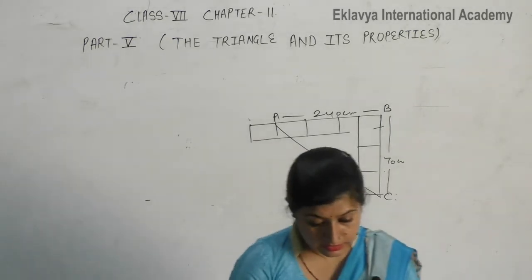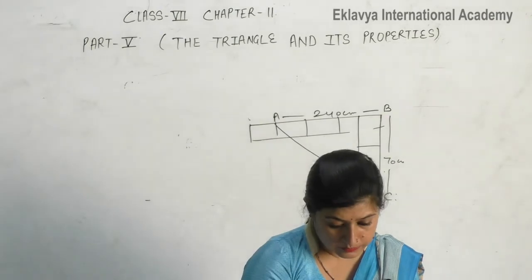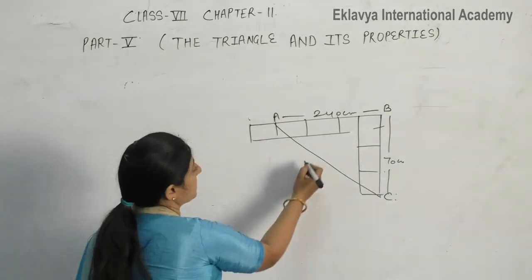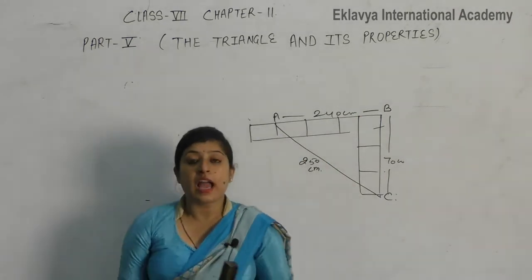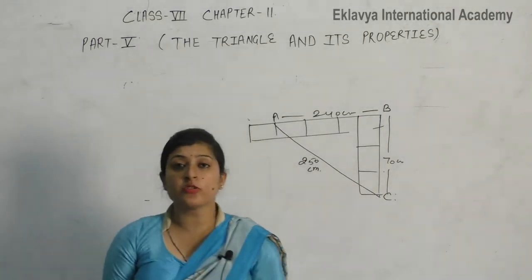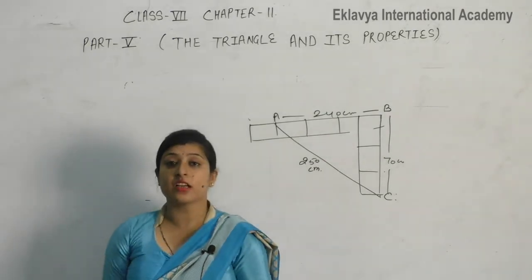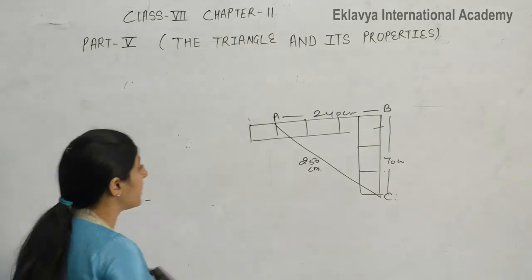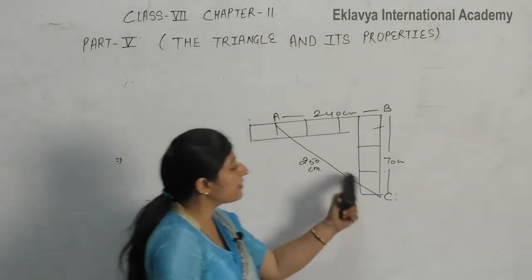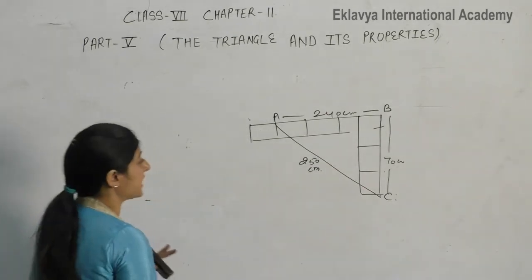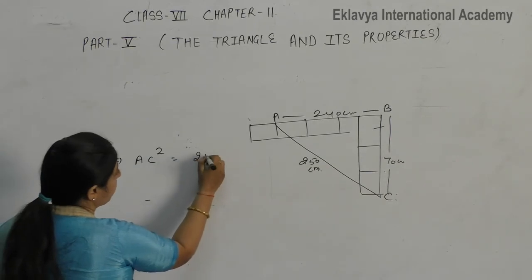And the longest side is given to you, 250 centimeter. These all three sides are given to you and Arvind wants to check whether this given wall is at right angle or not. The same thing we will apply here. What is the longest? 240, 70, 250. Which one is the longest side? Longest side is AC. It means we take the square of AC.